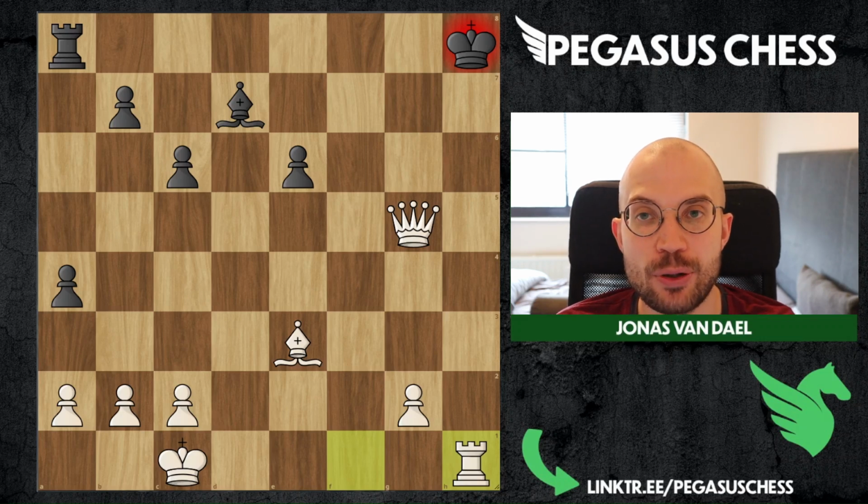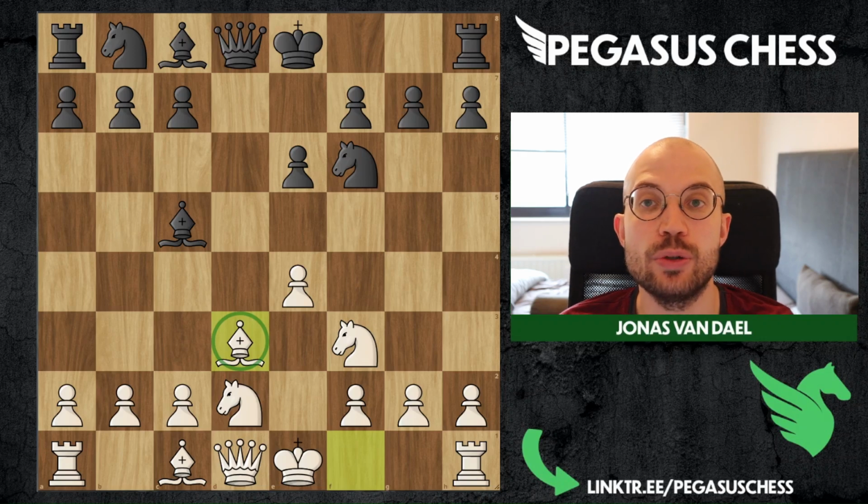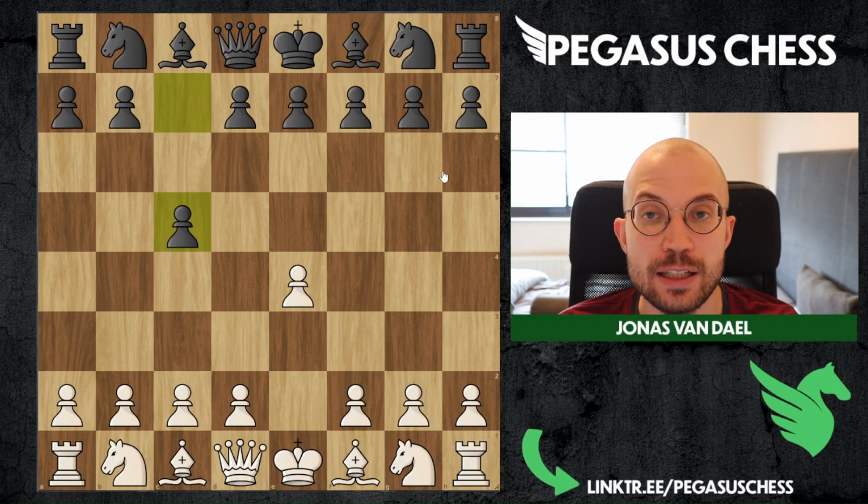So if they capture on e4 immediately, you just have to remember this idea that you will play your bishop to d3 instead of this g3 move, and then you can just castle queenside and do a devastating kingside attack. This also works well against the Sicilian, especially if you can transpose from the Sicilian into this French defense